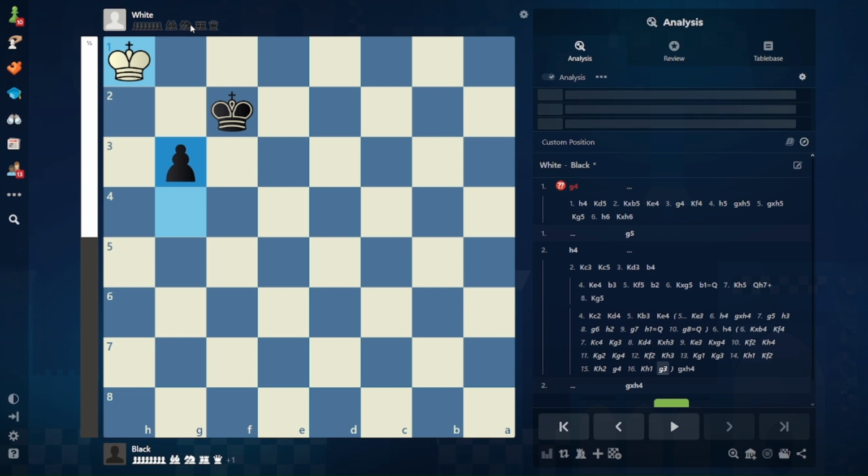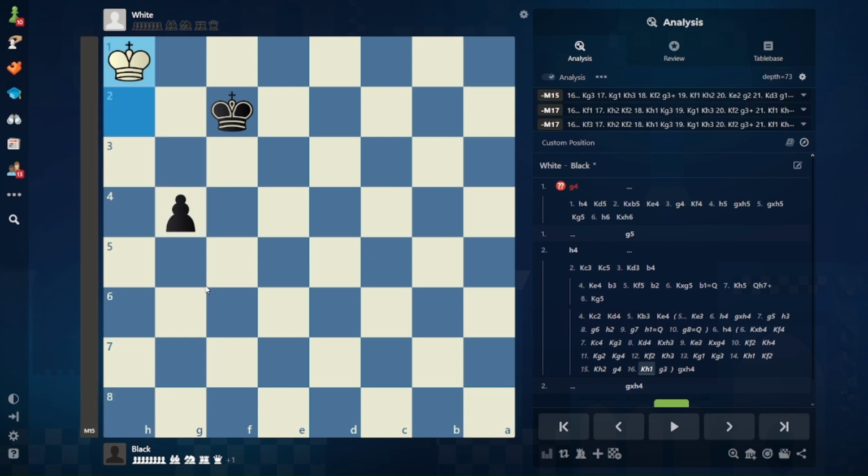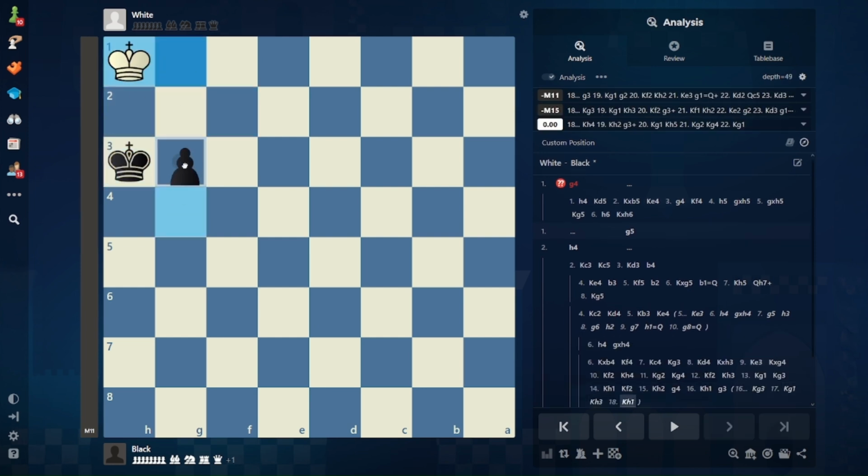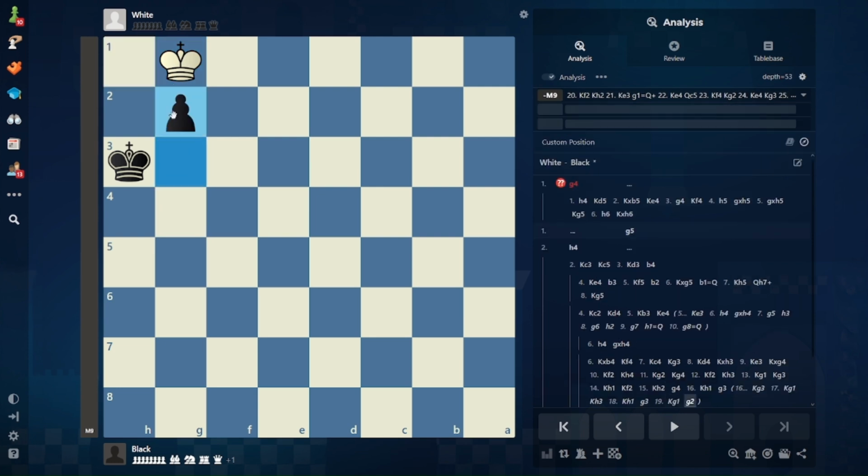So be careful, because this is a very important trick. Whenever the king is on h1, or a1, or a8, or h8, so whenever the king is in the corner, you have to be careful to not stalemate the enemy king. So just simply play king g3, and again outflank the king here, and now play g2,